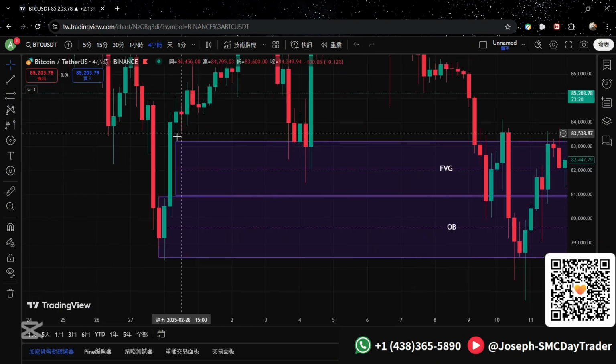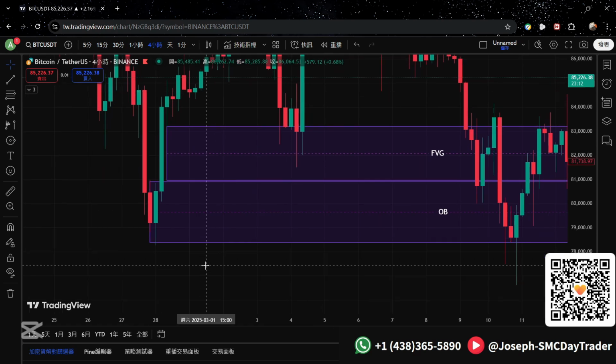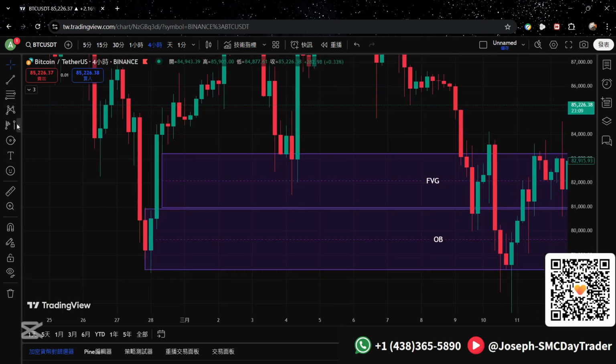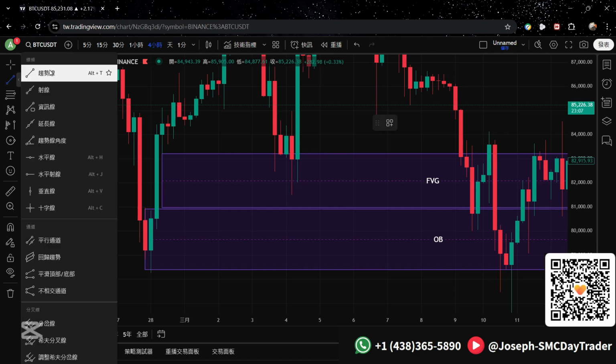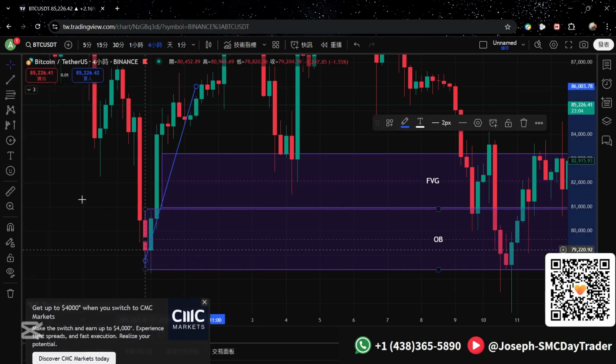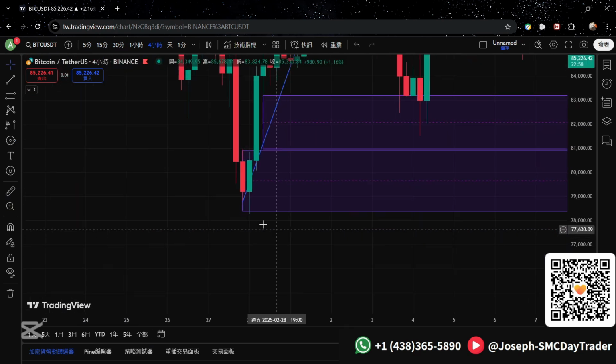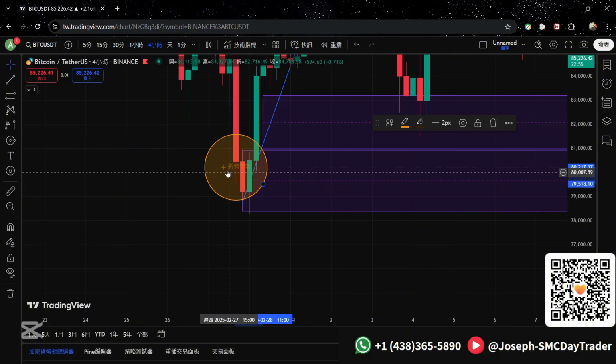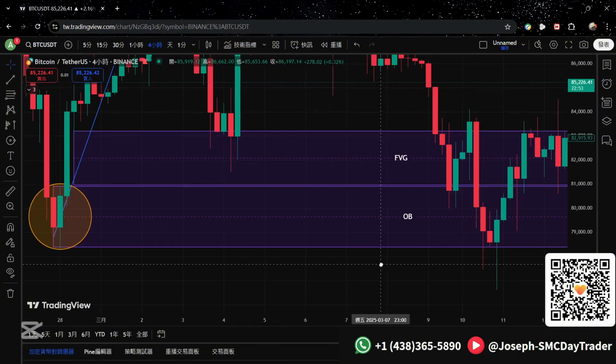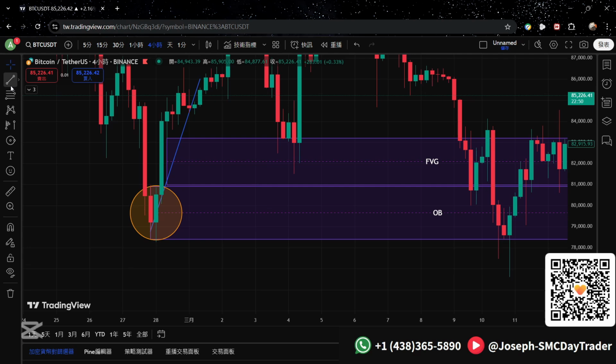You can see the 2 candles here didn't close the price here, so they leave a very big fair value gap. So the price goes up intensively, first one, and second one, a big fair value gap. So we can recognize the last candle here creates an order block. An order block means the price doesn't want to break through here the first time, or at least it will have a reaction to bounce back